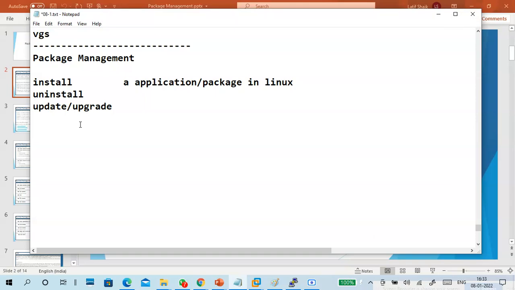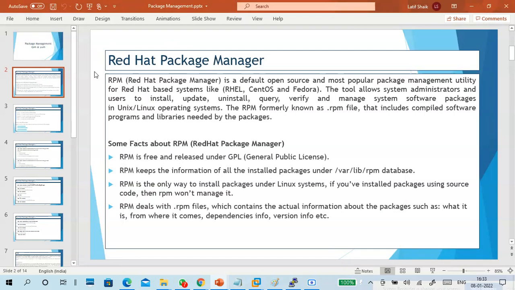So one of the package managements is the RPM command. RPM, like this, RPM Red Hat. Red Hat Package Manager. RPM means Red Hat Package Management.